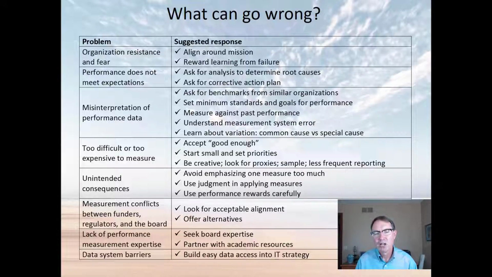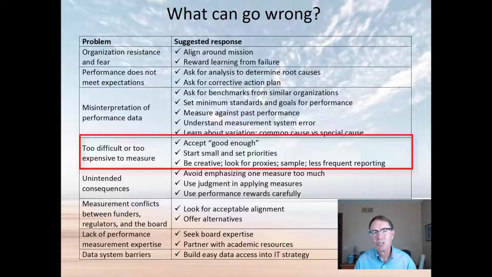Linking back to one of the problems we identified at the beginning of it's too expensive to do this. That can be a problem. And a number of potential solutions. One is to be able to accept good enough instead of perfect. It's easy when you set the goal to say, well, and you come up with an operational interpretation to say, well, boy, that's not exactly what we want. Well, ask, is it good enough? Is it going to help us get better? And often you can find things that are good enough.